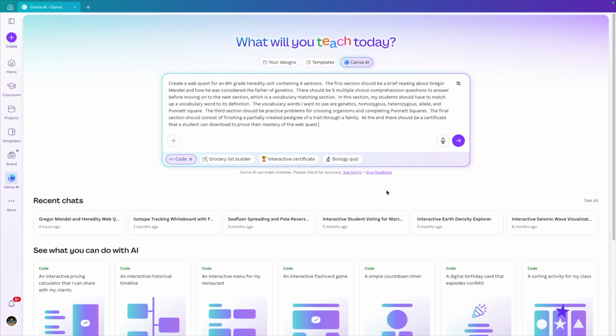Okay, through the magic of TV, I've created a prompt that we can use to get what we want out of the Canva AI. What I have here is: create a Webquest for an 8th grade heredity unit containing 4 sections. So there's going to be 4 different pages that these kids are going to have to fill out. The first section should be a brief reading about Gregor Mendel and how he was considered the father of genetics. There should be 5 multiple choice comprehension questions to answer before moving on to the next section, which is a